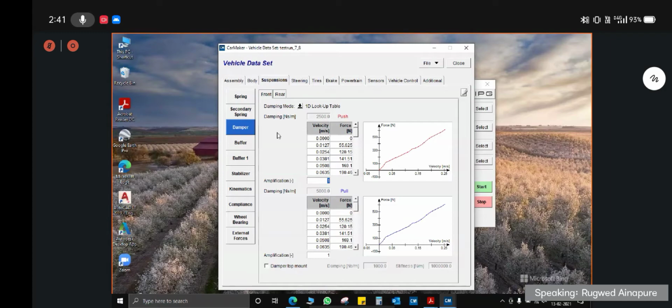Now you may say that a Baha vehicle consists of a single strut, which completely encompasses the spring and damper system. Then why do you need to define the values separately for spring and damper? But any suspension model has spring and damper in a parallel setting. It is never in a series setting.